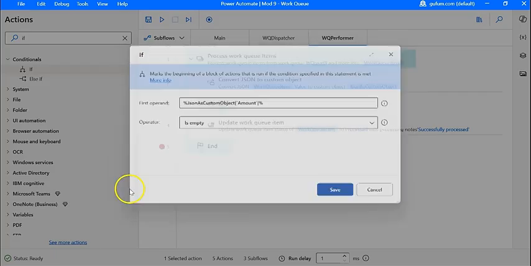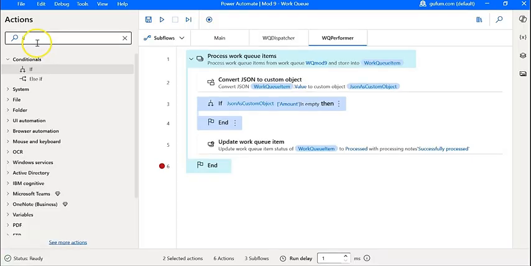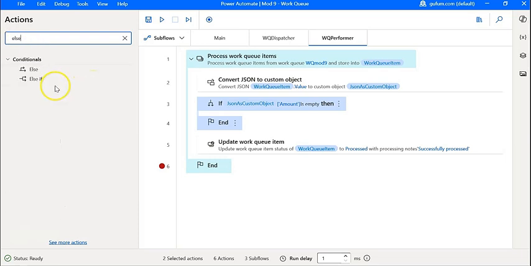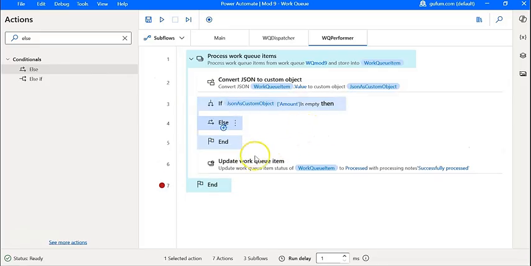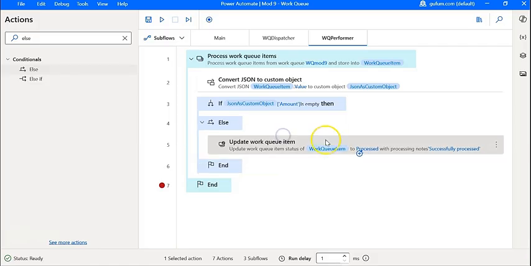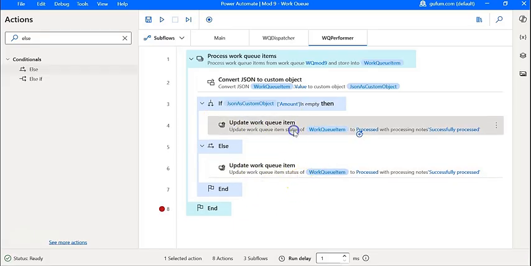Then I will need an else condition because that's a failure scenario. I'll just drag it in the positive part because this is a successful scenario. If the amount is empty, then I'll need another update item. This time